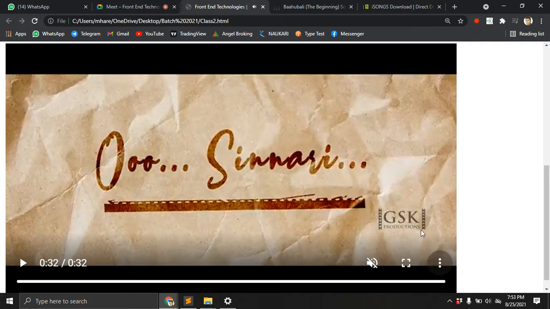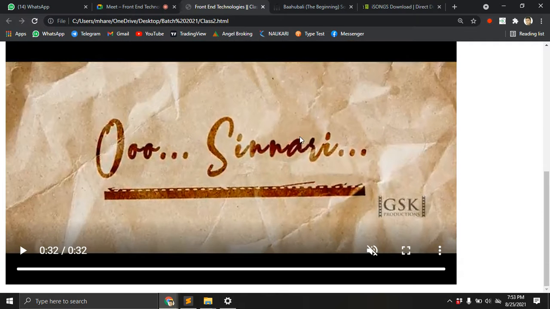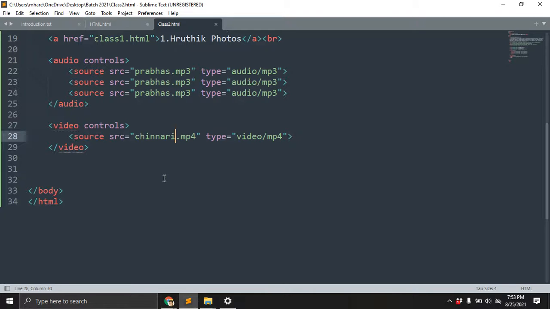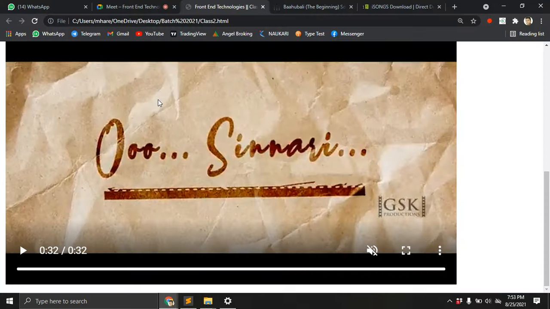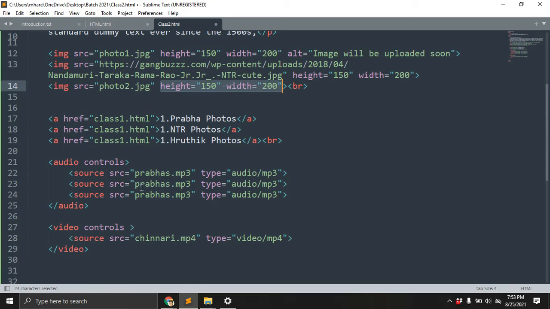So for that purpose we need to take it, but I want to do it in another way. Let's see how we can do this another way. We need to give the height and width here. It's simple. We are already giving the height and width right here. We just need to copy this one and give it.